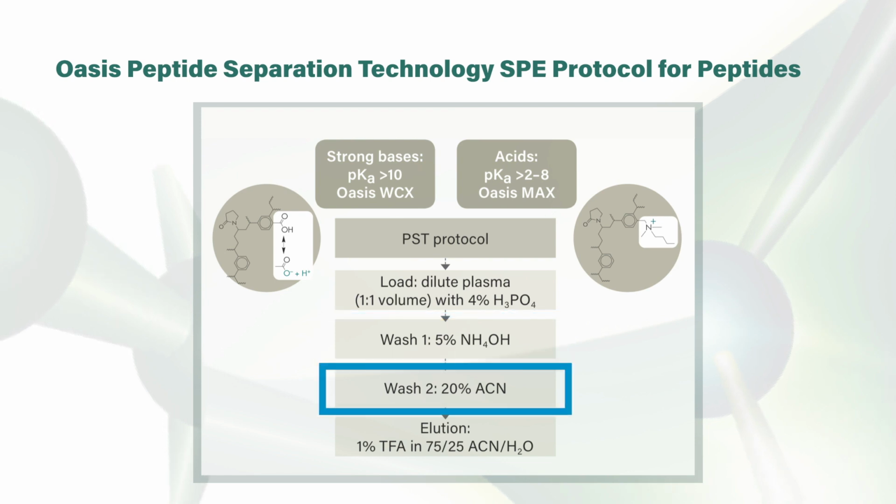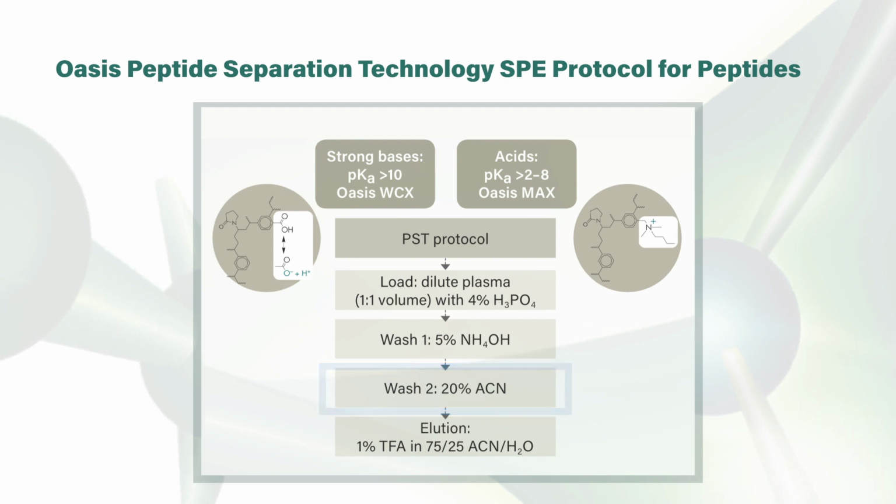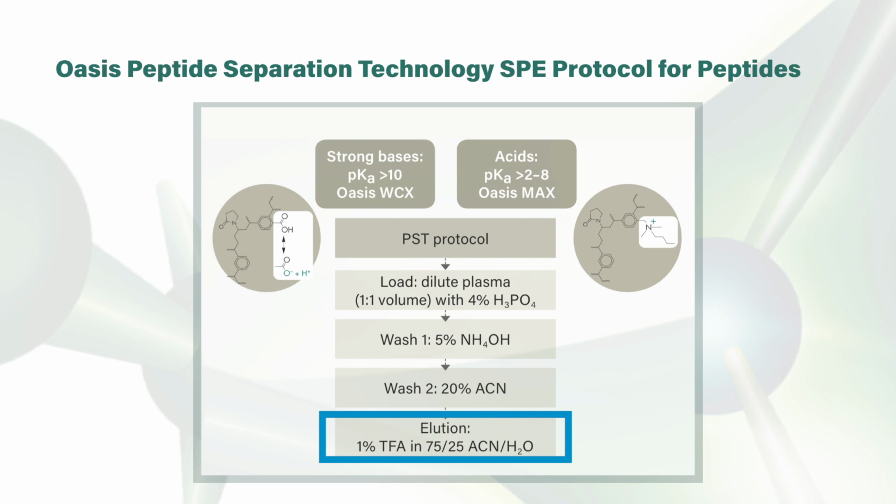We increase selectivity by washing again with 20% acetonitrile. This step removes more interferences, but it's not strong enough to remove even the most polar peptides. In the elution step, we use 75% acetonitrile to elute the peptide. Higher concentrations of acetonitrile would precipitate the peptide rather than elute it, reducing our recovery. This also leaves more hydrophobic interferences retained on the sorbent, so they don't go into our sample.